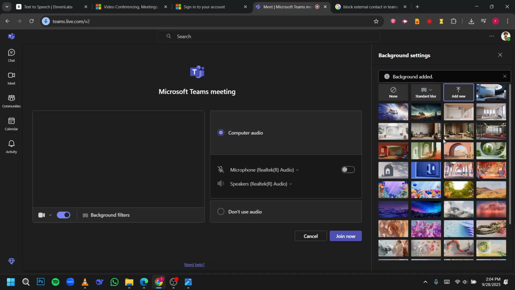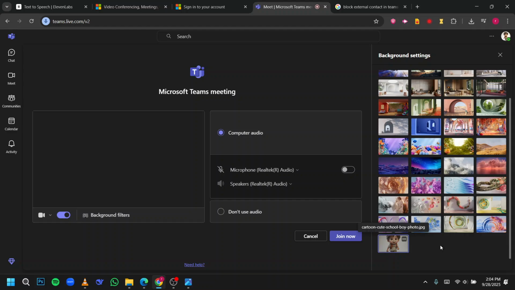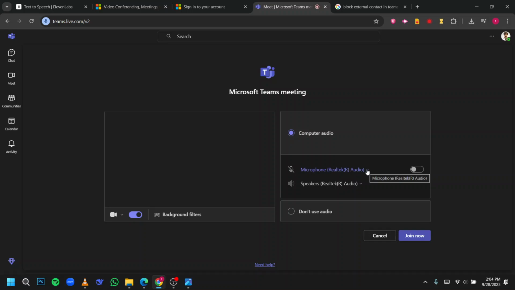Once you've chosen your background, click Apply and turn on video. You'll see the effect instantly, and now your video feed has a polished, professional, or fun look depending on your selection. Don't worry, you can always change it mid-meeting by clicking the three dots for more actions, then apply background